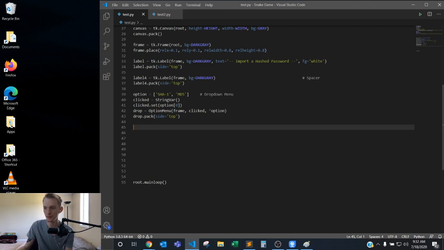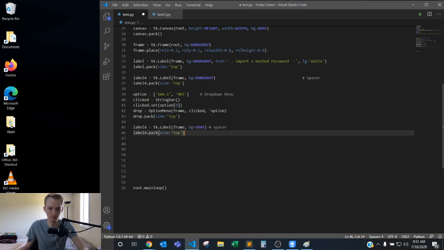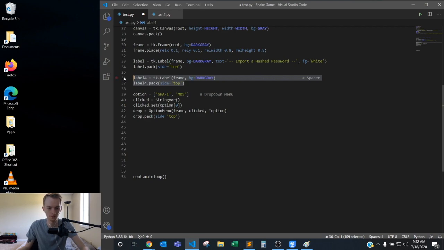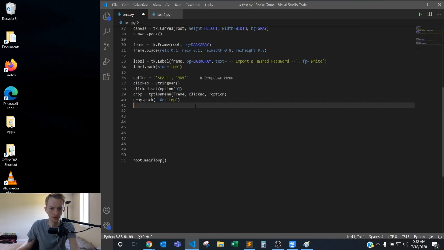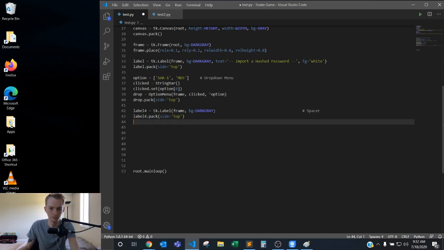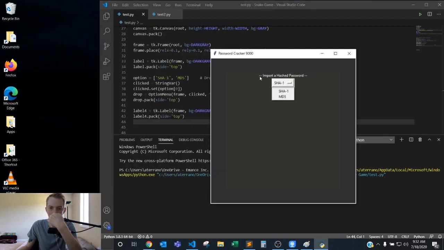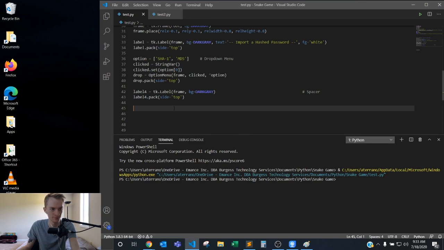Okay, so that is good. So now we have to add an entry. So below that, we're gonna add another spacer. Actually, you know what? Let's just move this spacer. We don't really need a spacer between those two, but we will need it for the entry. So I'm just gonna move that down below. Yeah, that's fine. So there's no more spacer there. I put it right here. Doesn't matter. Like I said, these spacers are just kind of silly anyway, but